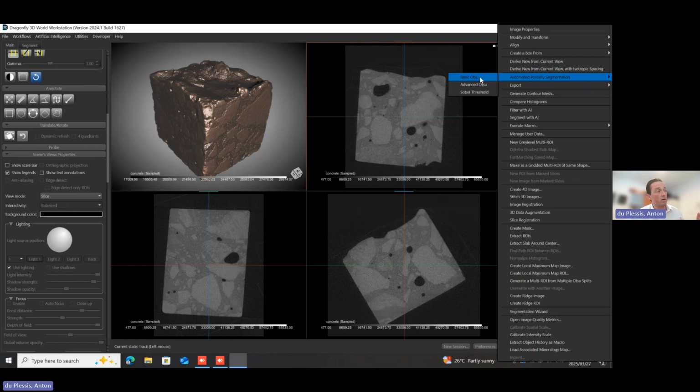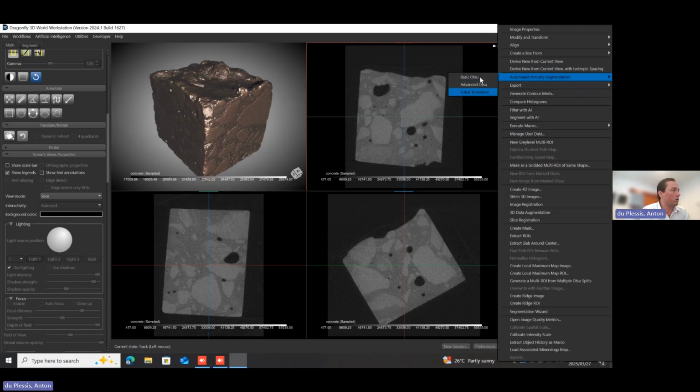And this might change the threshold very slightly. So the advanced OTSU refines that by using only a thin layer of air around the sample and not all the air around the sample. It's quite recommended if you are interested in capturing smaller pores, so it's slightly more sensitive to smaller pores.